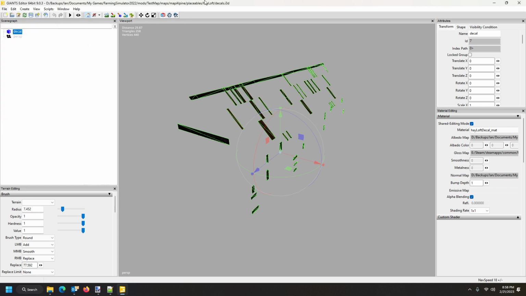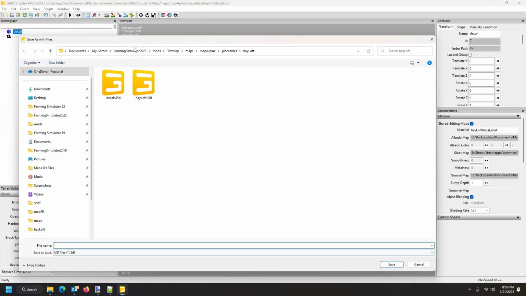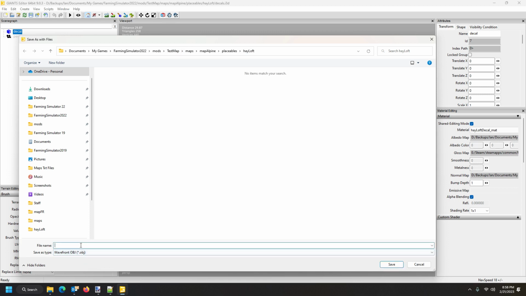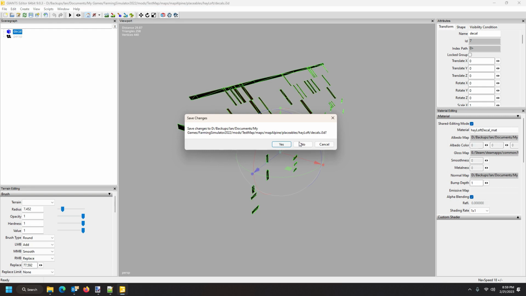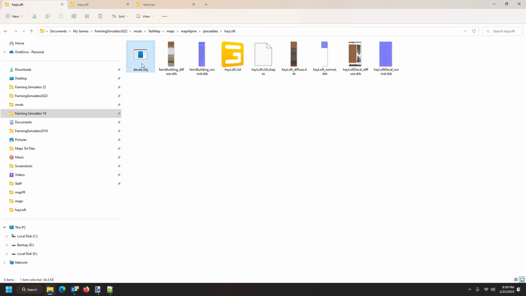So go File, select it first, yes, File, Export, export, no, I think it's going to be Save As. Let's just have a look. Hayloft, once again, we're going to go Wavefront Object File, decals, like so. Okay, and then save, close up here, say no. We could have done that directly out of so the decals i3D and shapes file we can delete, and these are object file now. So we're going to open Blender,